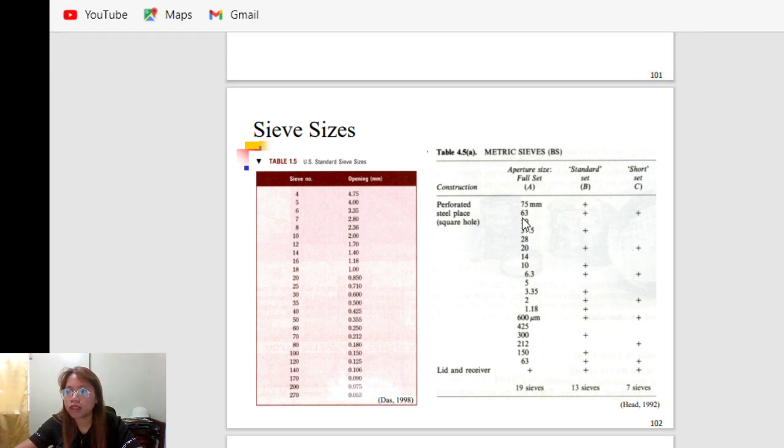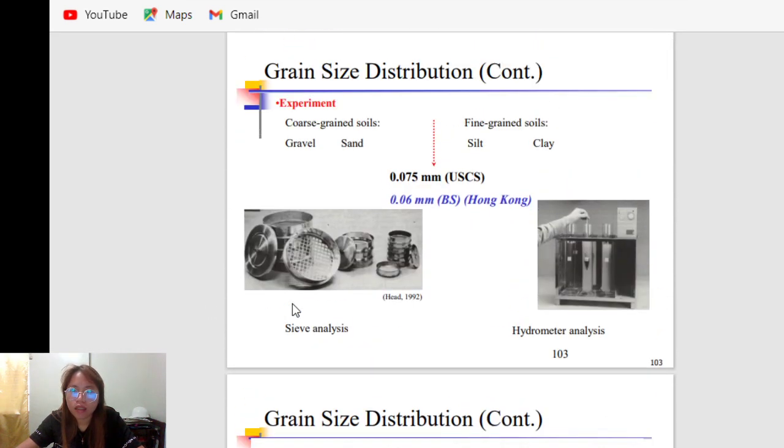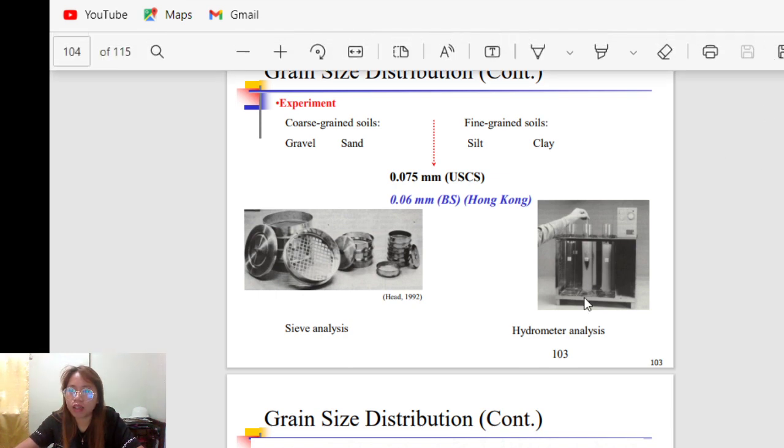With its corresponding size, this one. But the common one that we use, even in our laboratory in engineering, is this US standard sieve sizes. This is the sieve analysis. For coarse-grained soils, we can classify the soil through sieve analysis, or by using sieves. And for the finer-grained soils, or the silt and clay, it is more accurate if you use hydrometer